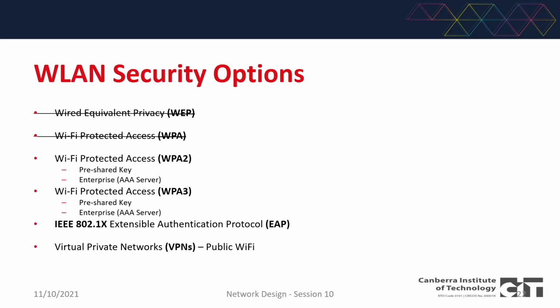Now, in an enterprise environment, we don't want to have this because otherwise we're going to have to be creating user accounts, we're going to have to be creating passwords for multiple people, and that is not scalable. Okay, so the WPA2 enterprise or WPA3 enterprise allows us to have all the username database in a server, and this server is a AAA server that will then authenticate the users